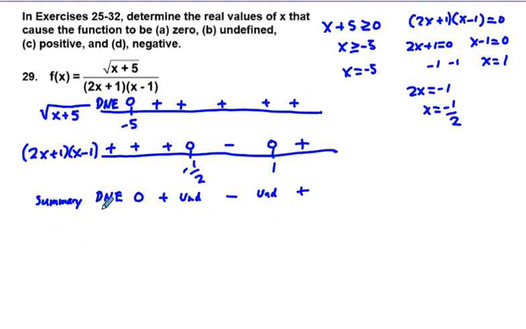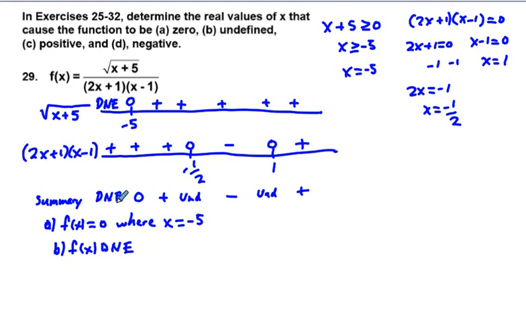So now we can go ahead and write down our answers. So A, we'll say f of x is equal to 0 where x is equal to negative 5. B, we'll say f of x does not exist,